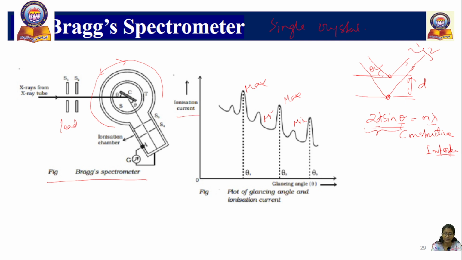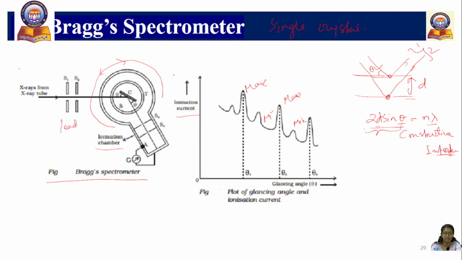What is this? Along the y-axis we have current. How do we get this current? Whenever X-rays are diffracted or reflected from this crystal, they enter an ionization chamber. What is the ionization chamber made of? It is filled with gas. So when X-rays enter this ionization chamber,